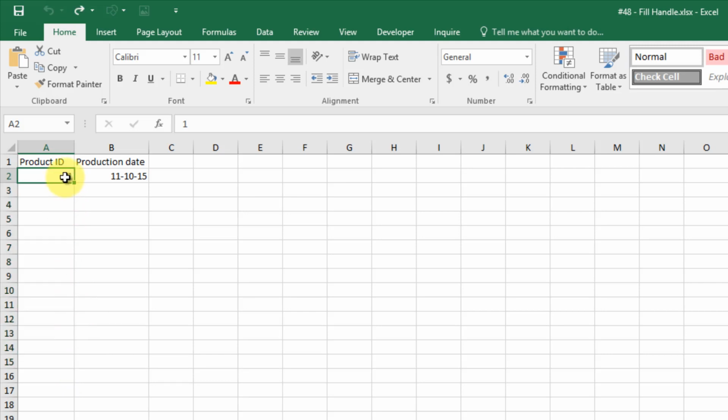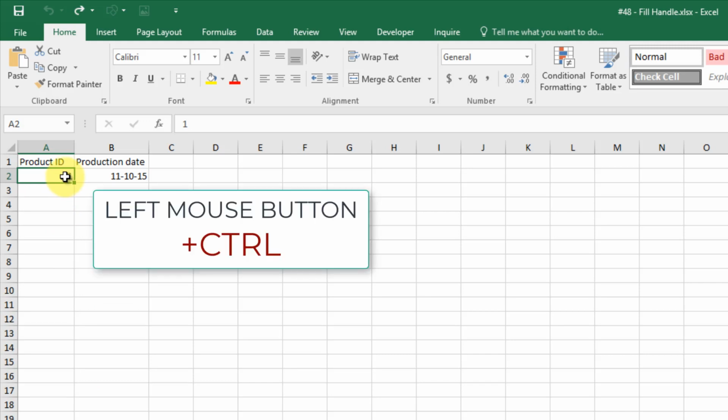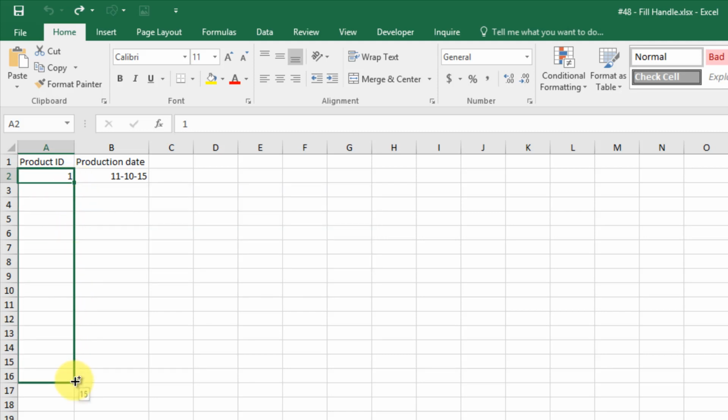Now, if I move the mouse pointer over the fill handle and hold down the Ctrl key, the black cross changes and there is a little black cross to the top right of it, like an exponent. Try to drag down and see the result. The data series extends 2, 3, 4 and so on. So if you want to extend the series, hold down the Ctrl key and drag. Do it again.